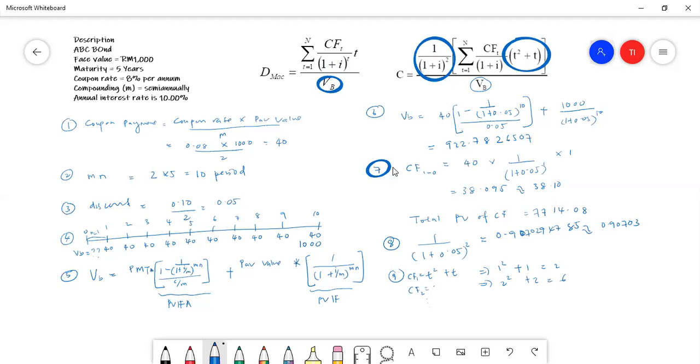So you will do until cash flow 10, which is 10 squared plus 10, which is 100 plus 10, 110. So now let's put all together in tabulation